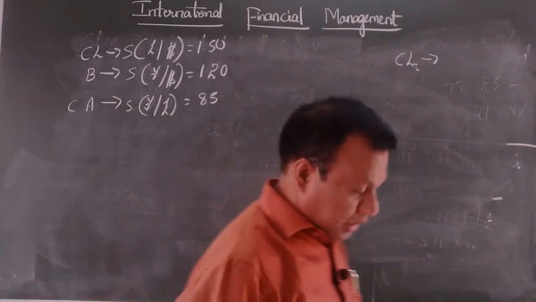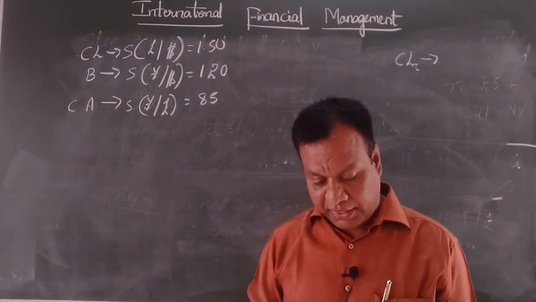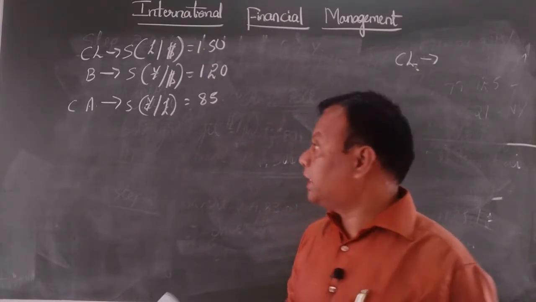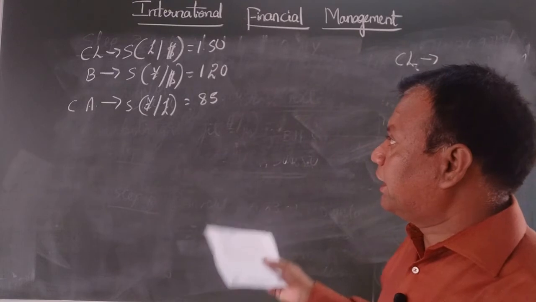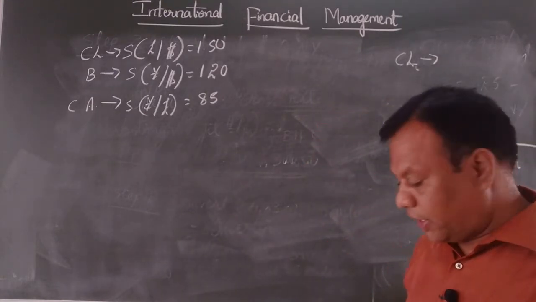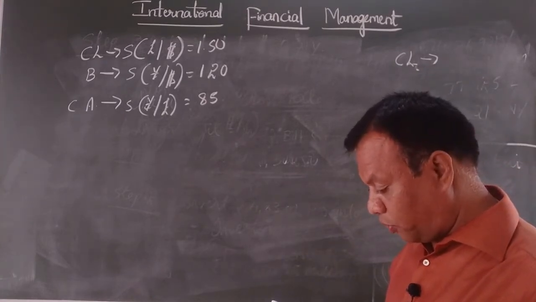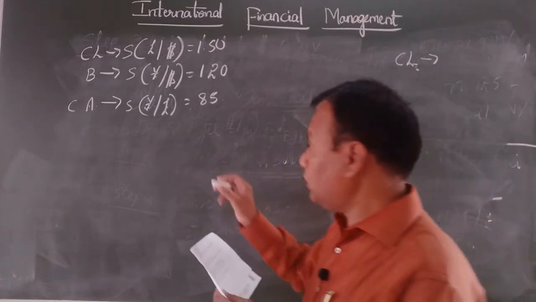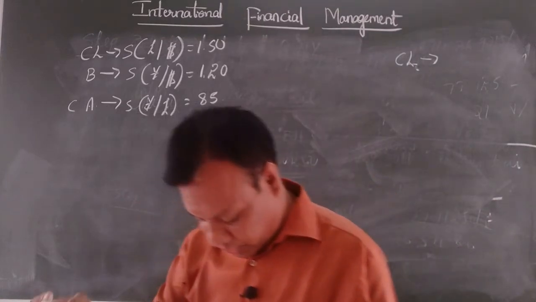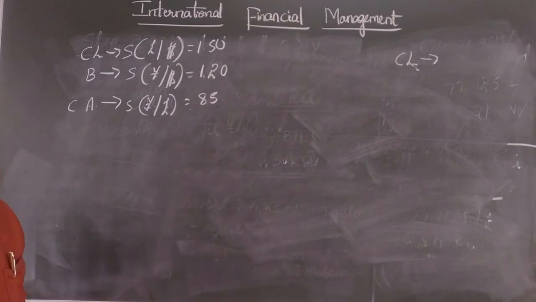So what they are given in the problem is, in case of Credit Lyonnais Bank, the spot rate of pound by dollar is 1.50. In case of Barclays, the spot rate of yen by dollar is 1.20. Whereas in case of Credit Agricole, the spot rate of yen by pound is 85. Okay. So now let's try to solve how an investor can take advantage of the situation